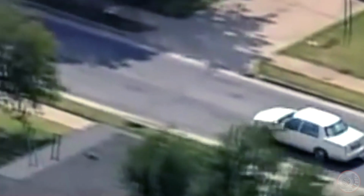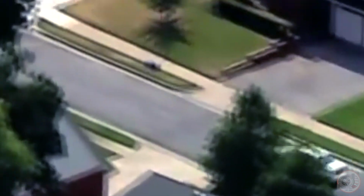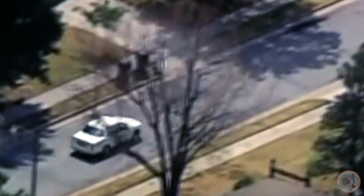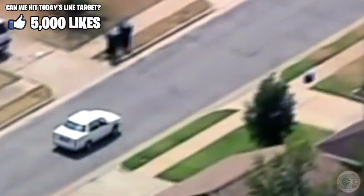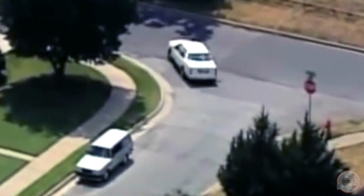You see this driver just going all through this, what is literally a neighborhood, just through the city streets near the Bethany area, going at a very good clip right here. You see him picking up speed as he goes through this neighborhood, going around each corner. Fortunately, he has really avoided a lot of traffic in the area. This being in the neighborhood, you don't see a lot of people out, but we continue to track it right